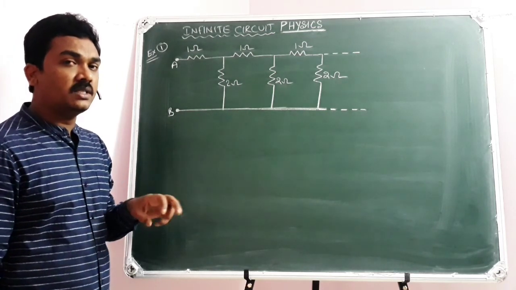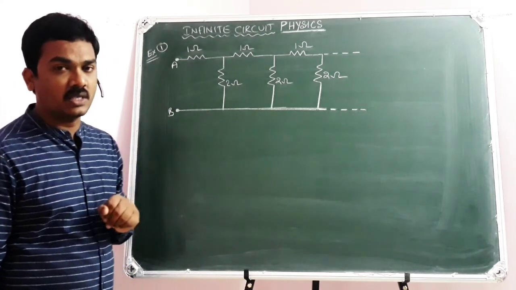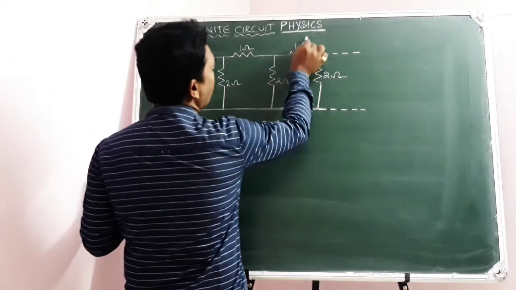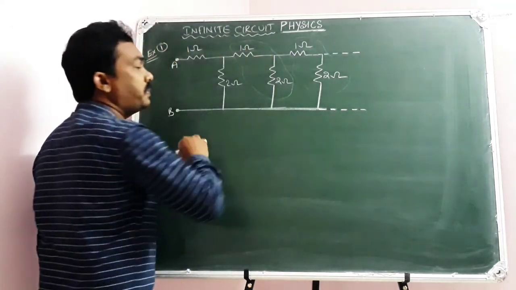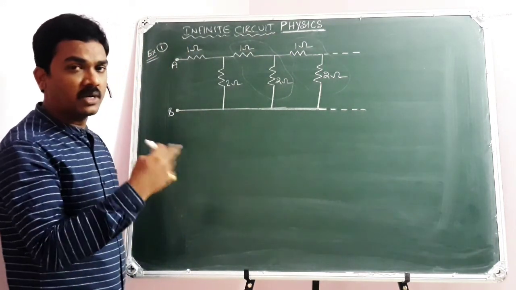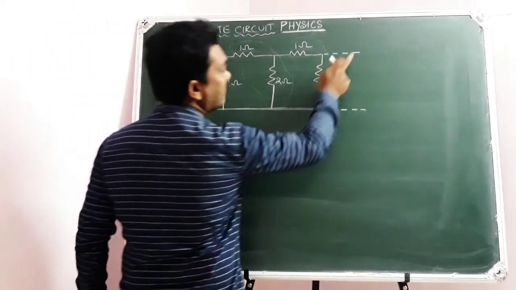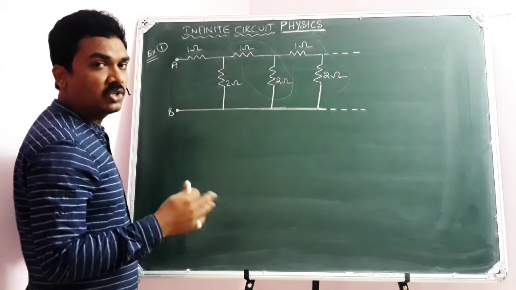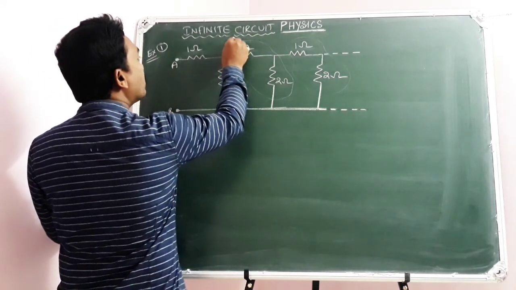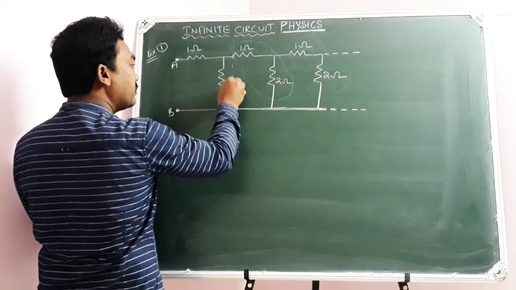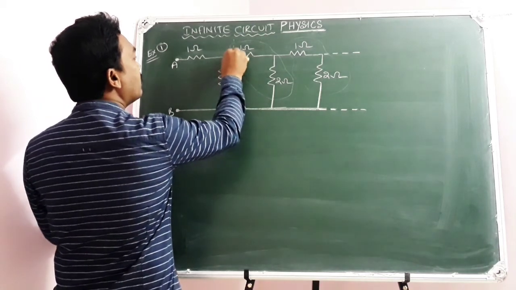Now here, while calculating the equivalent resistance of infinite resistors, first you need to identify the fundamental element that is going to repeat to continue the chain in the given electric circuit. So here you can see this 1 ohm and 2 ohm is the fundamental unit that is going to repeat in the electric circuit multiple times to give a long chain. 1 ohm, 2 ohm, 1 ohm, 2 ohm, which combination is going to repeat.